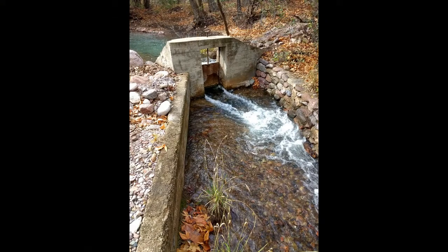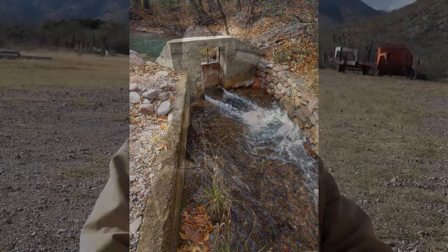But in 1911, William Stewart and his neighbor down the way got together and built the Portal Ditch, and they decided to build it above the ranger station because that was almost always water. When you get down to the bridge or other areas, you don't always see running water. So it's about from here, sitting in front of the barn, it's almost 2 miles of ditch to get where we are. I mean, it's a little bit south of us here, but they did the whole ditch, built the